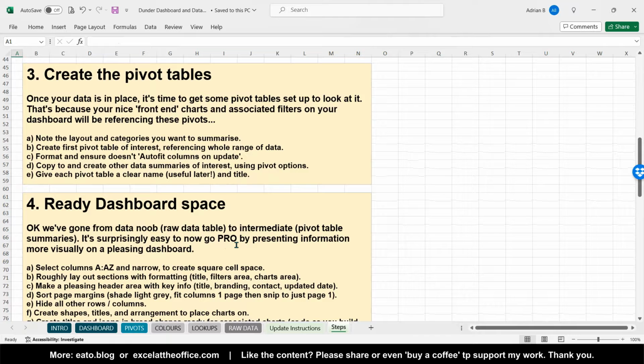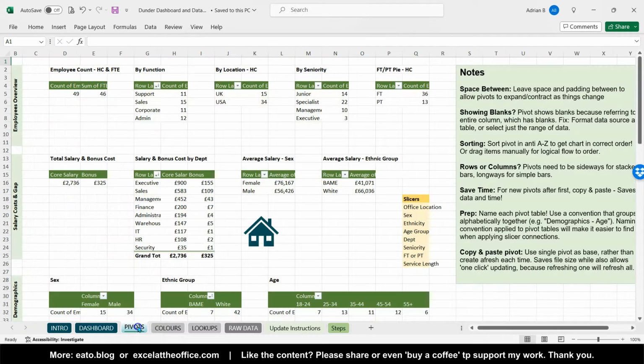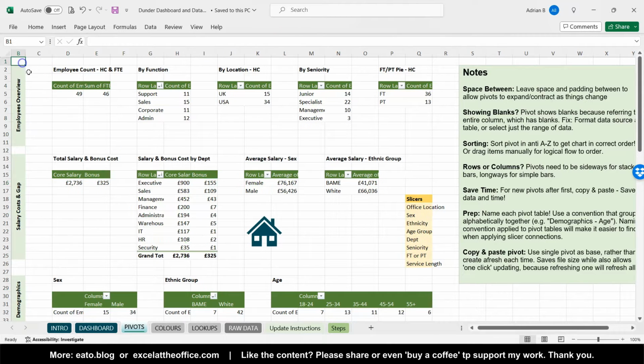In this video I'm going to show you how to create the various pivot tables that refer to that data. So here are my ready-made pivot tables. What I'm going to do is create several of them so that you can follow along, and then I'll go through fast on the others. Where the pivot tables are unique and different, so for example some of them are counting two different metrics, I'll show you how to do that, whereas others are counting one metric across different categories. And I'll also show you how to format them so they look nice as well. So let's get to it